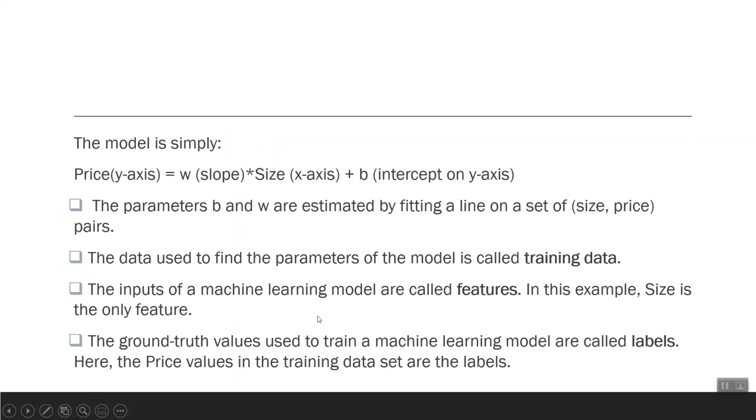In this example, size is the only feature, which is on the x-axis, and this is the independent parameter or feature. The ground truth values used to train a machine learning model are called labels. Here the price values in the training data set are labels.